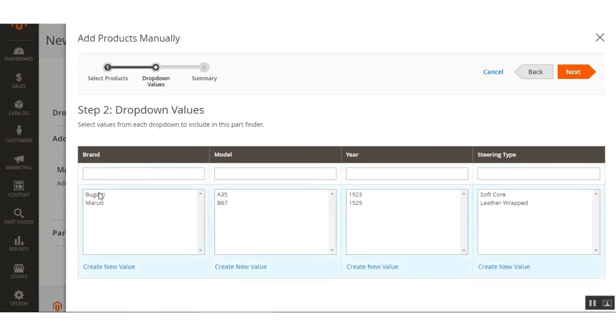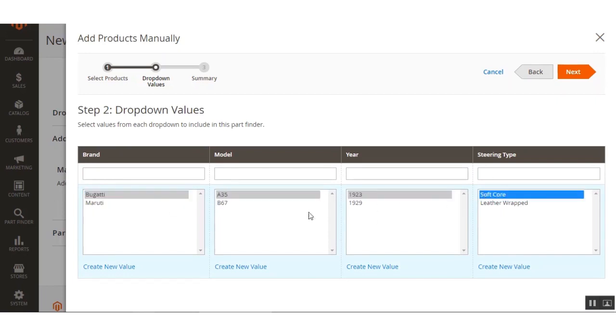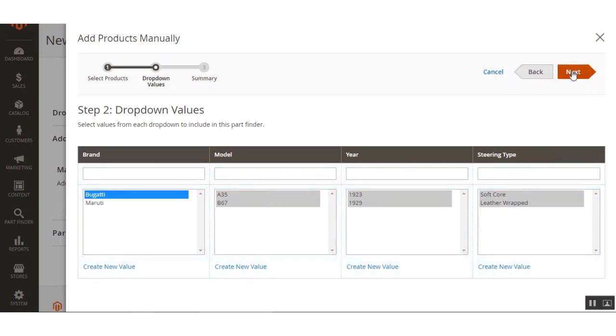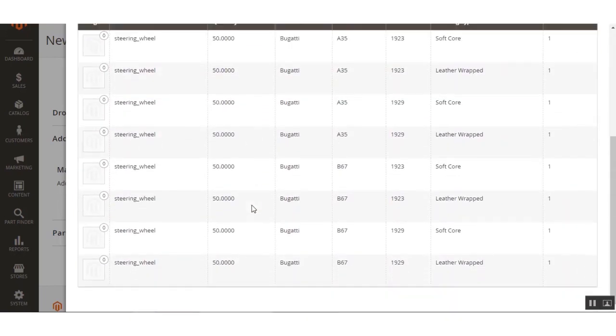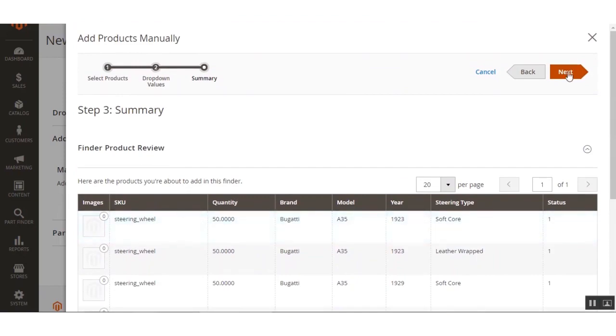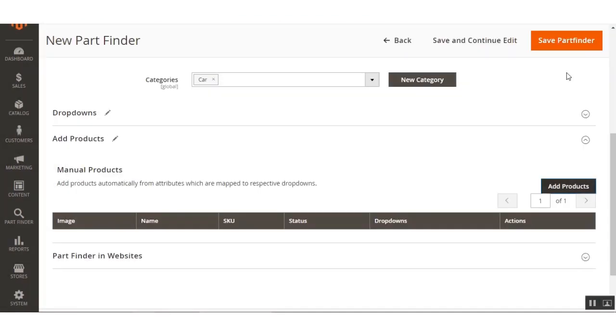And while selecting the values for the drop downs, we can single select all the values for each of the ones, or we can also multi select all the values there. So I selected Bugatti and the models for that and the year for it and the steering type, and after that I'll just click the next button and all of these products would be created here, and lastly I'll hit the next button,